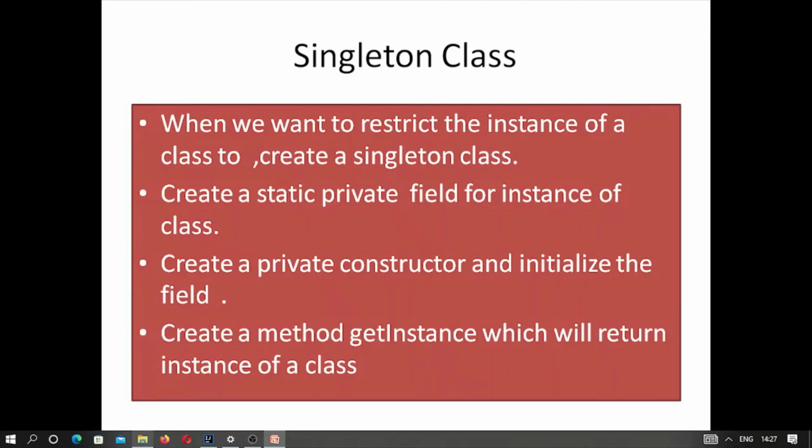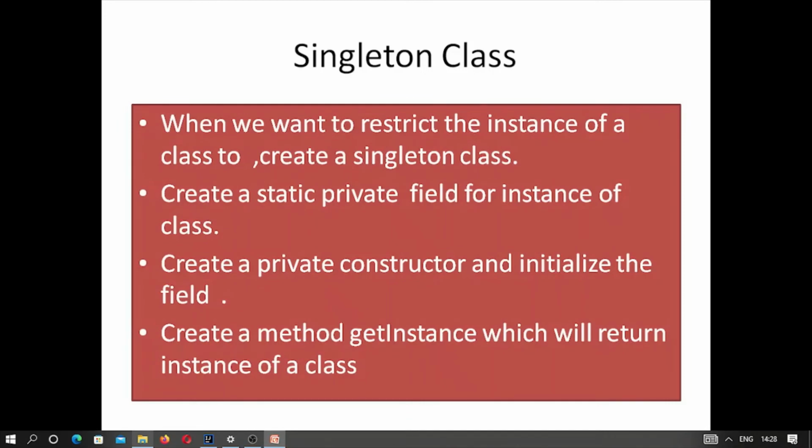Otherwise there will be huge discrepancy, and later we will see the specific application of this. If more than one database object is created for a bank account, then there will be huge discrepancy. So this is a type of class: singleton.